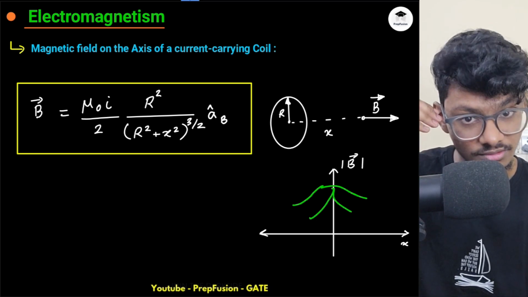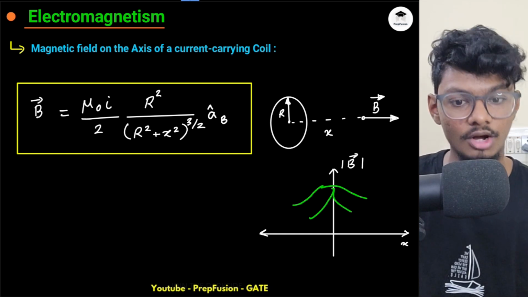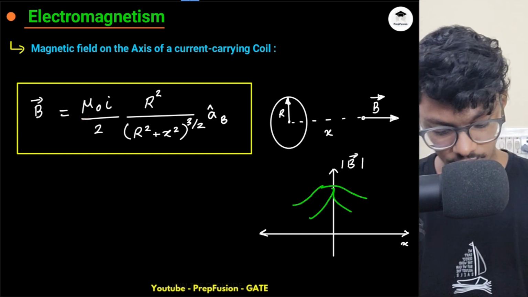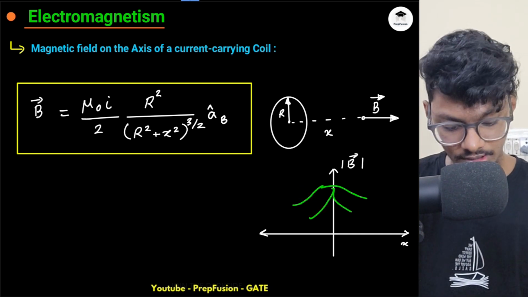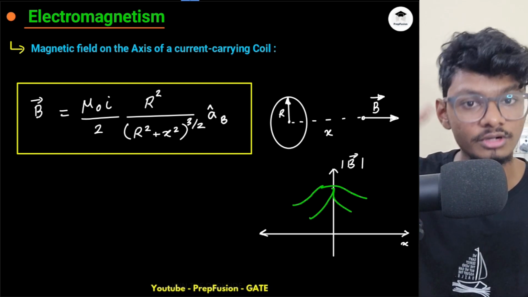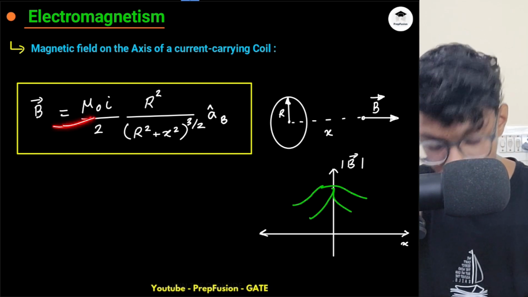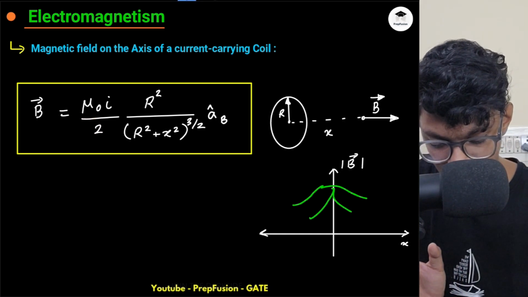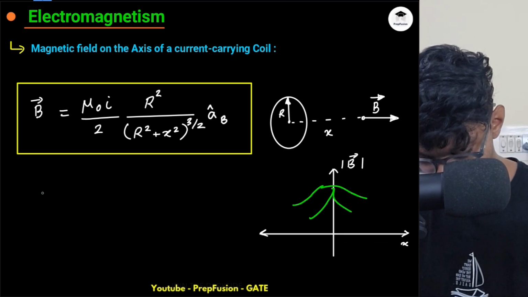Okay, but you should verify that as well. You should explain that as well, mathematically. How will you explain? Just find out the derivative of this. Because in the options they will give you 4 options, and one option will be this graph and this graph. How will you differentiate? Or let's say for some other graph, how will you differentiate for some other magnetic field characteristics? What do you do? You take the differentiation. If I differentiate with respect to x, because here obviously my x is varying,